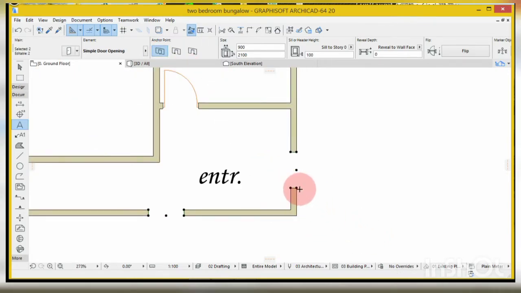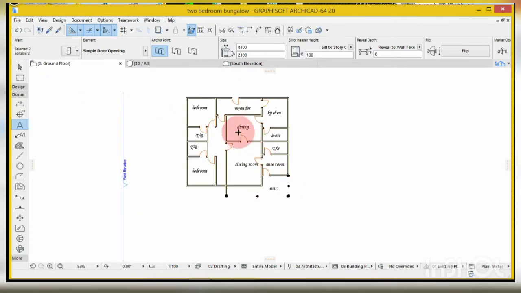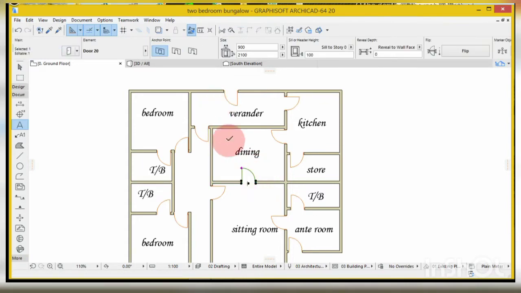Then I can stretch it to what I want. Let's say I want to open to this point, depending on what I have in mind. You can as well open these other openings. You still do the same thing, but if you don't want to do this, click here. You can as well go to